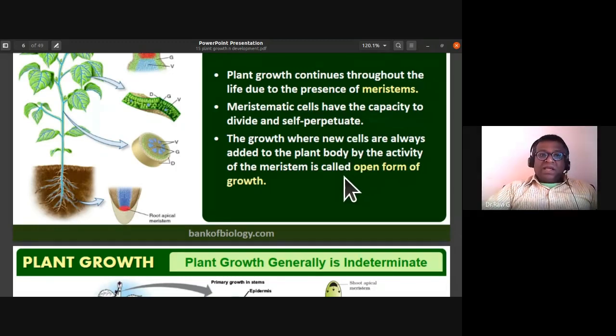See, meristematic cells after division, they are not going to be lost. There is going to be again a set of meristematic cells which will be going on. So that is, they are self-perpetuating. They are self-increasing themselves. After the division of cells, it doesn't mean that is the end of the meristematic cell. It continues, isn't it? At the shoot tip, it continues. At the root tip, the meristem continues.